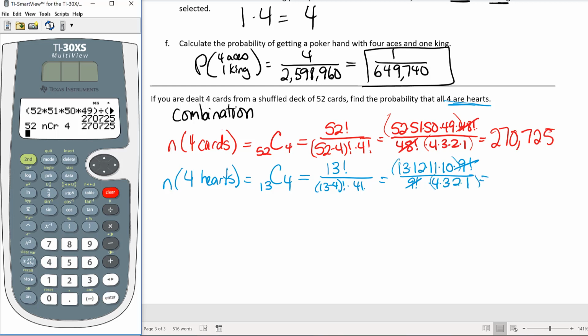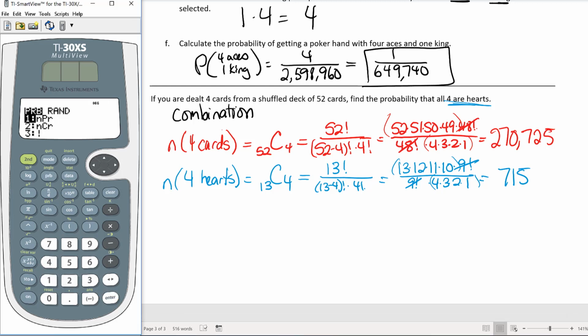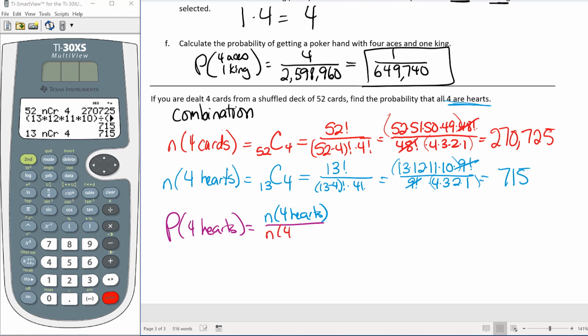So I go to my calculator, use the parentheses 13 times 12 times 11 times 10. Close that parentheses, divided by, open another set of parentheses, 4 times 3 times 2 times 1, close that parentheses, and that gets me 715. Again, if you had a calculator that has a combination on it, you could get the same thing just using that. Okay? So now I'm trying to find the probability of getting 4 hearts, which is going to be the number of ways I could get 4 hearts divided by the number of ways that I could get 4 cards,